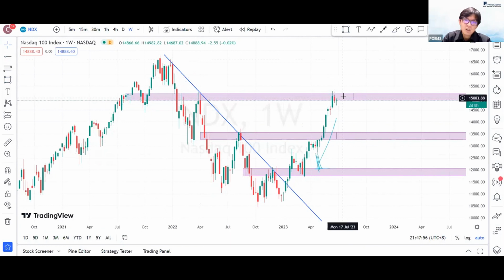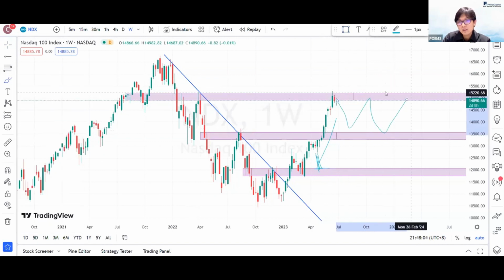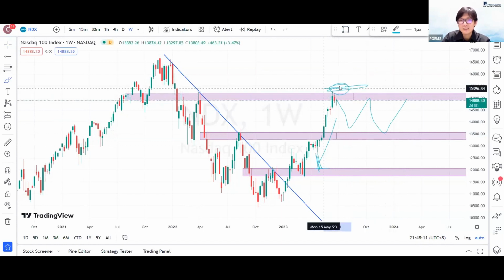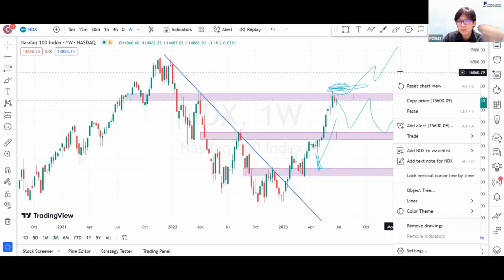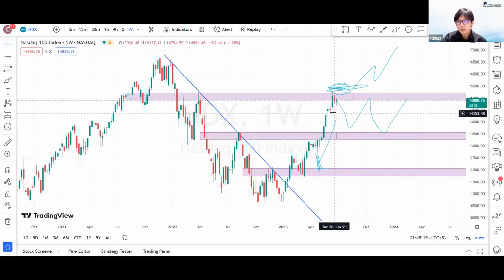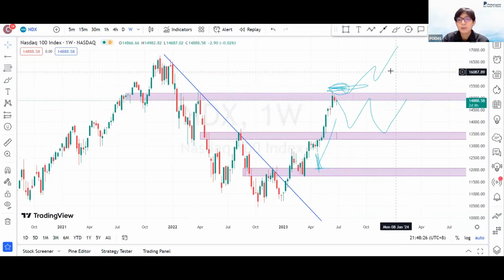Currently sitting at 14,888, same thing, we might be looking at a range bound area as of now. Price might get rejected, then start to range here. Otherwise, we will need to see price sitting above 15,300, above this zone area, then we might see a continuation of the uptrend. Recent weeks have been very strong and very bullish, but as of now we should still take note of how price continues from here.